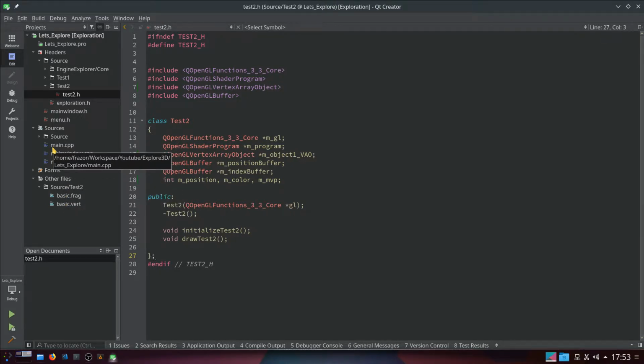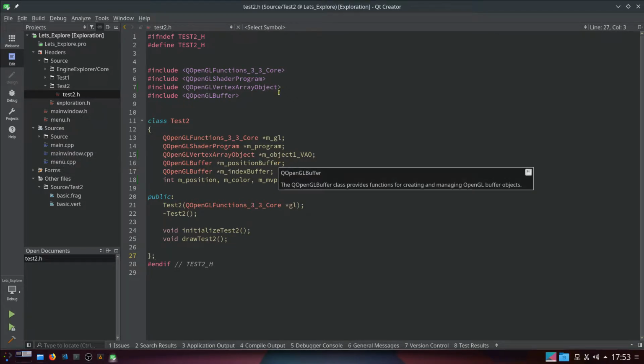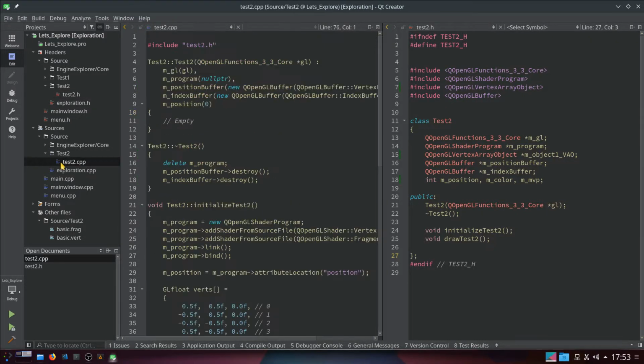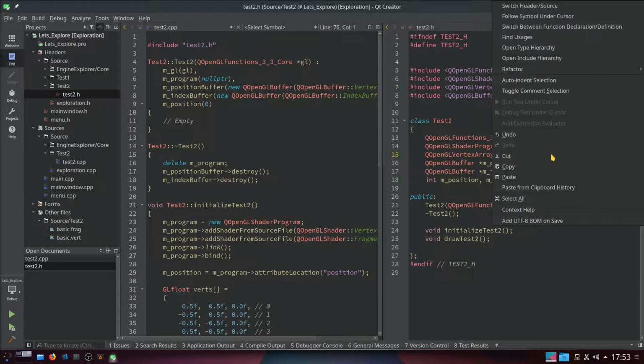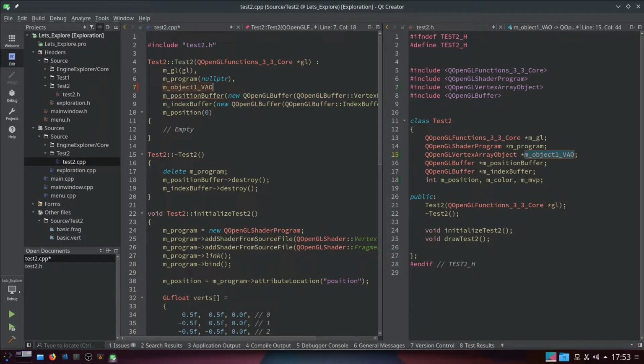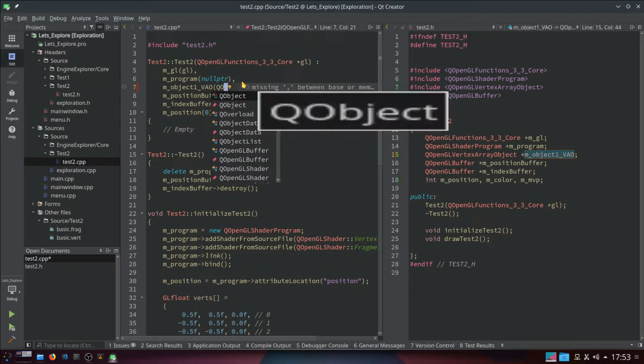Where should we start? We've done this bit now, haven't we? Let me just split the window a second. There we go. Because I've altered our header file somewhat. Let's go to our source. What have we altered? We've added that. Make a copy of it, please. And we popped it in just after program, did we? Yeah. Okay, so it's just going to be Q open